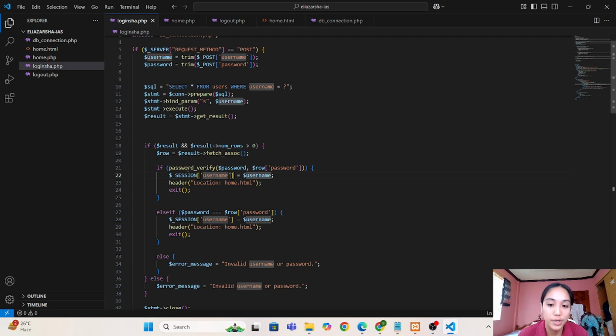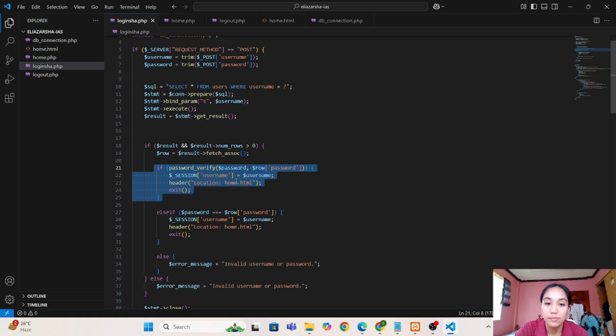So here's the most important part, the password verification, which is this pala. Best practice is we use password verify to check the password against the hash password stored in the database.